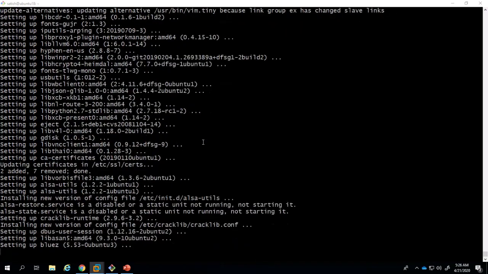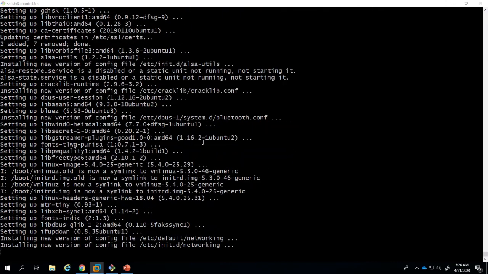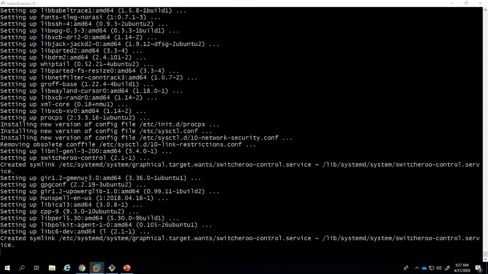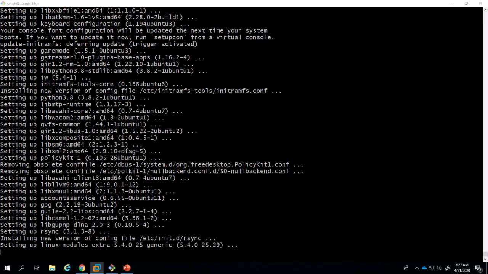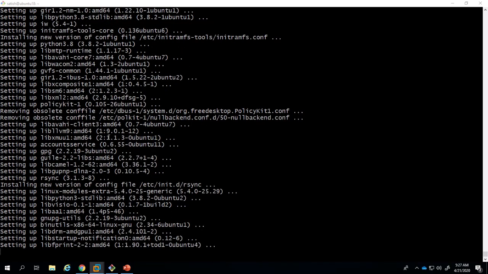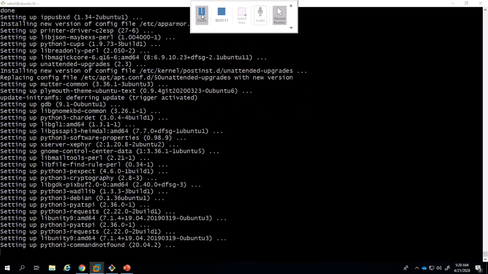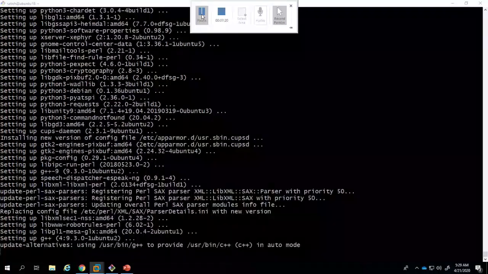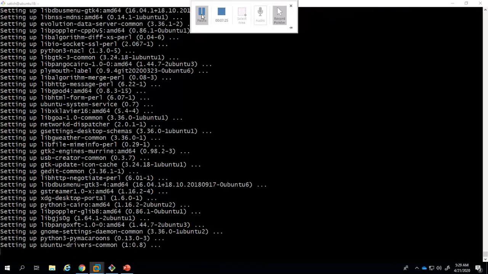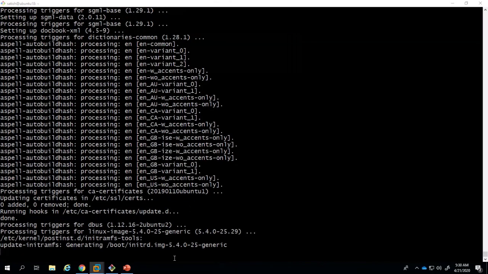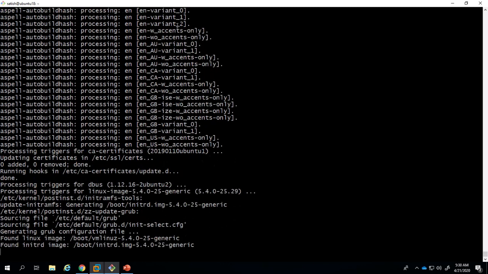So this is our 192.168.0.1 machine. Just remember this because once this upgrade is finished, we are going to reboot and log in to the same machine again and check the operating system details. Everything is going to upgrade: software, packages, kernel. Yeah, see, now the 5.4 kernel is starting to get installed.